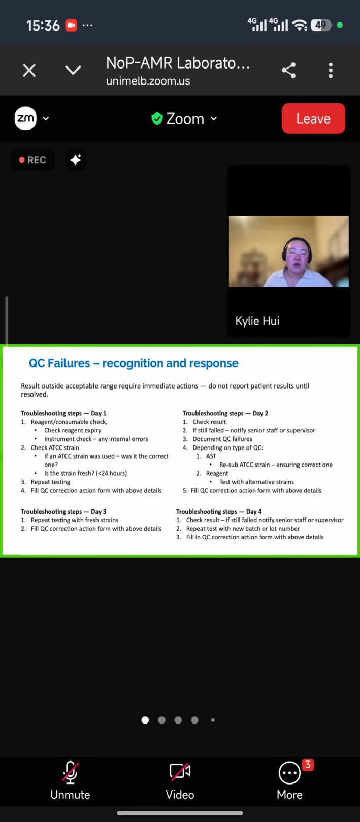So it really depends on what type of QC and how frequently you sub out your isolates. So this is an example of what it might look like when you're trying to troubleshoot a failed QC. But the most important takeaway message is to fill out the QC correction forms, because the QC correction form is